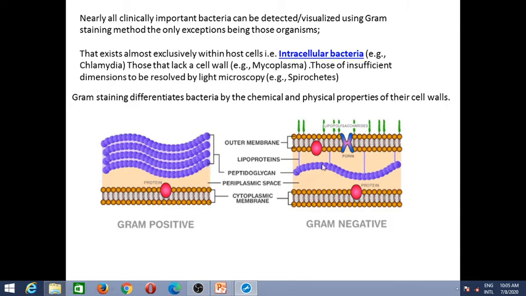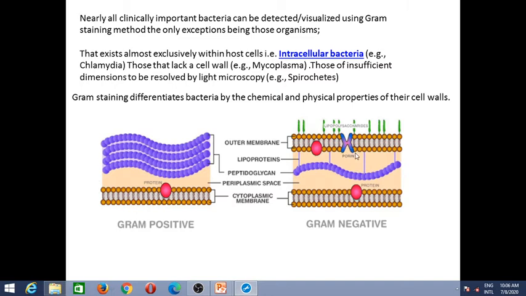But it is a thin layer in a gram negative cell wall. Now, in a gram negative cell wall you can observe it is a bilayer. The outer one is called the outer membrane, and its structure resembles the cytoplasmic membrane. It is like a cell membrane consisting of a lipid bilayer, and it also has the lipopolysaccharide.